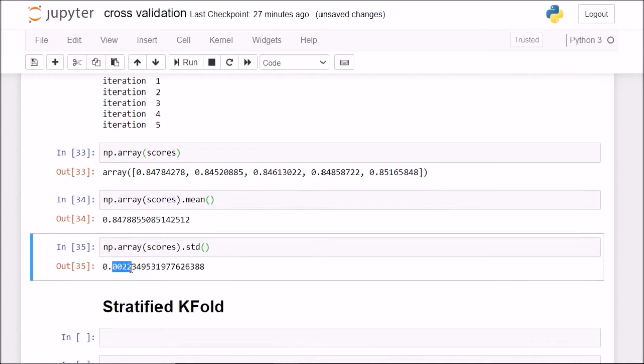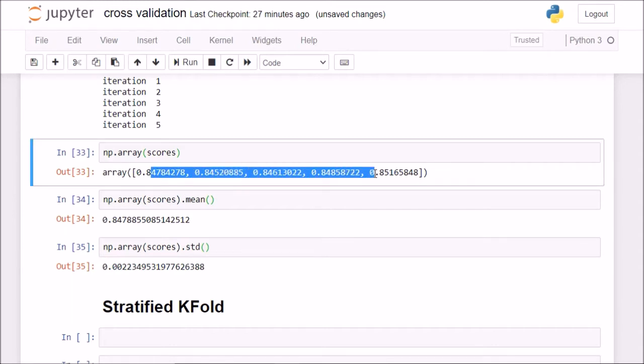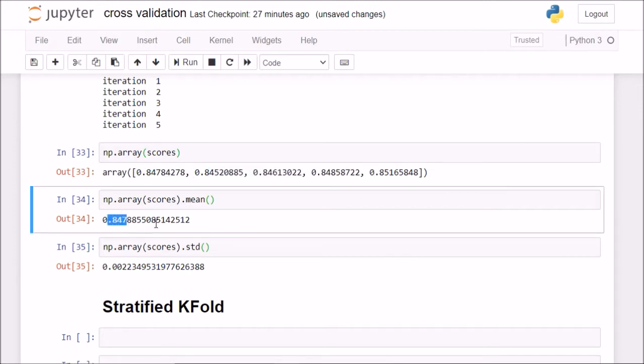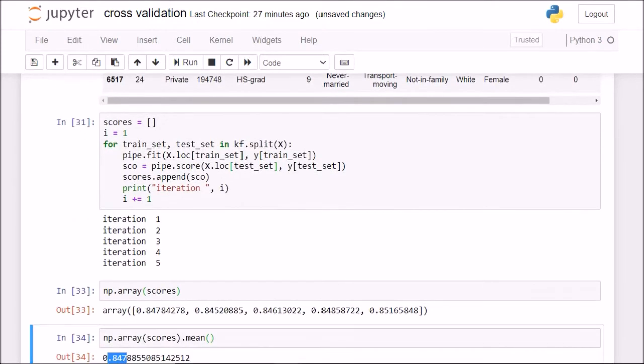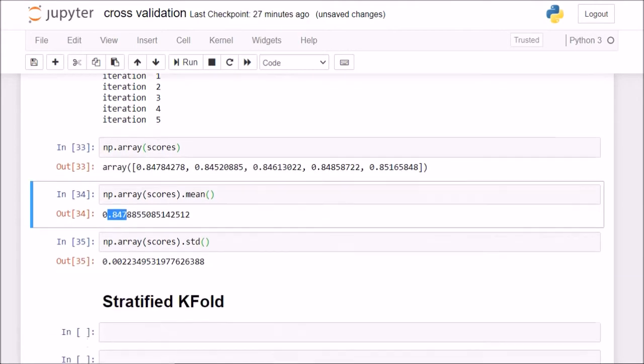This is giving a standard deviation of 0.0022, which is very good. It means that my values are not varying much even when I shift the testing and training folds, and my mean accuracy is 84.78, which is not very good, but it is fine for the purpose because we haven't done a lot of data pre-processing and feature engineering.